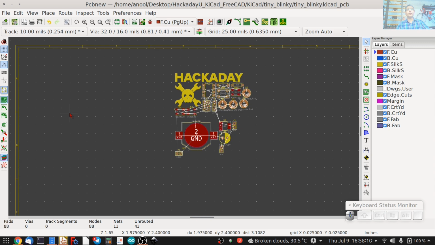For today, we are just going to place the parts first, how we want them to be, and then add an outline around it. Again, as in eSchema, you'll notice at the bottom are the coordinates being shown. The coordinates in capital X and Y are absolute with respect to the top left corner of your page, but the dx and dy are relative and can be made 0 at any point. So that's very handy when you're placing parts and so on.